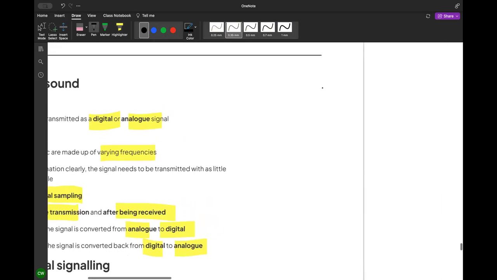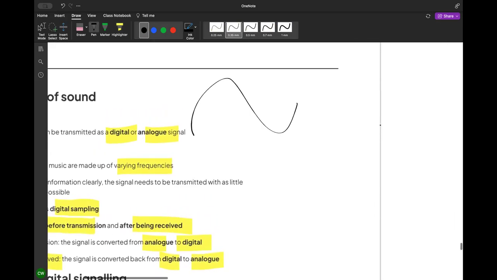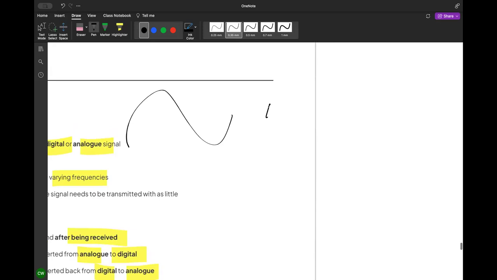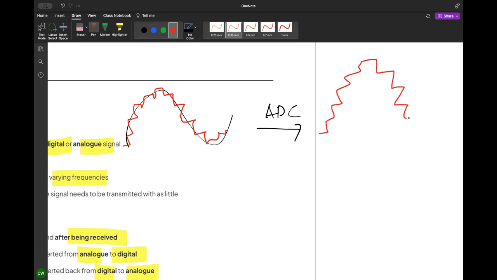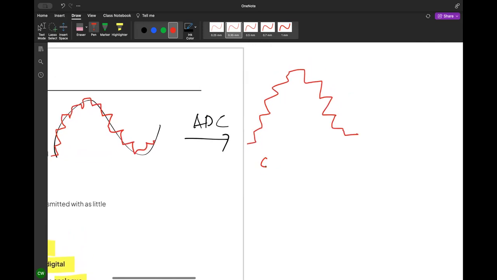It means like that. Let's say you sing. This is your signal. Then you need to go to the analog to digital converter. And then in the digital converter, you need to do sampling. What is sampling? That means you have to convert this one to high, low, high, low, high, low, high, low. It means it will become digital form. Either 1 or 0, 1 or 0. Sampling. Do you know what is sampling? Sampling rate. Have you heard about sampling rate before?